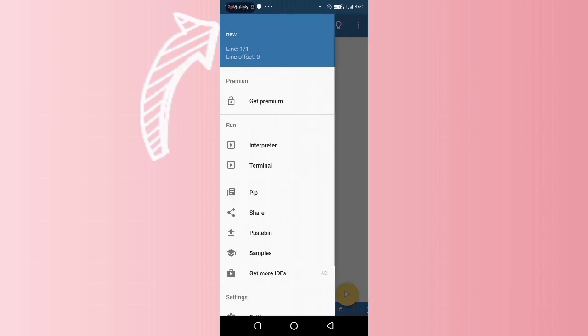Friends, we'll see what other features are available in this app. Just click on this menu on the left hand side. I just clicked on that. Here there are so many options and features available. The first one is Get Premium. Friends, this Pydroid 3 is a pre